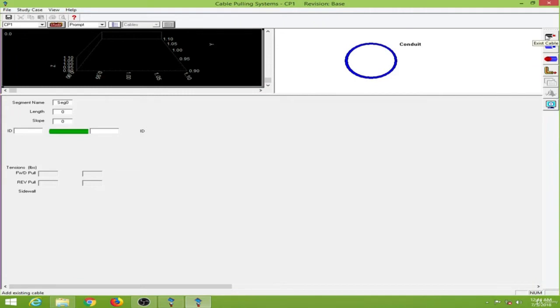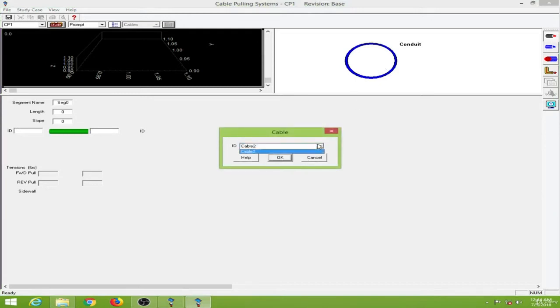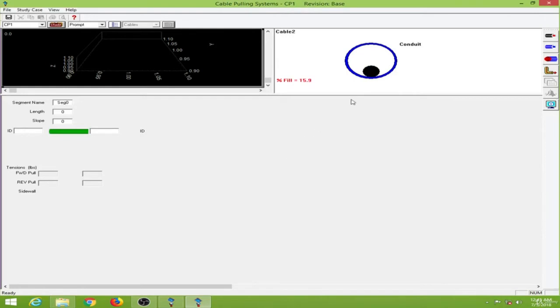So on my left side over here we have these options over here. This first option is the existing cable and the new cable. So I have already an existing cable in my single line diagram. So if I want to pick that cable, then I will have to go to the existing cable option over here and drop my cable in the conduit. So now this will ask which cable I want to pick in my single line diagram. Because I have only a cable in my single line diagram, I can only select this from the drop down menu. So I will click OK,